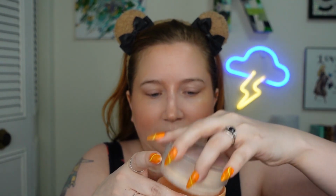And it's so hot, I really don't want to set anything, but I feel like with my eyes, I might want to have powder on the under eyes. So I'm going to take my I Heart Revolution Peach Powder. I don't know if this exists anymore, but it's a very light peach, and it smells delicious. So I'm just going to take that on a smaller brush and set the under eye just in case